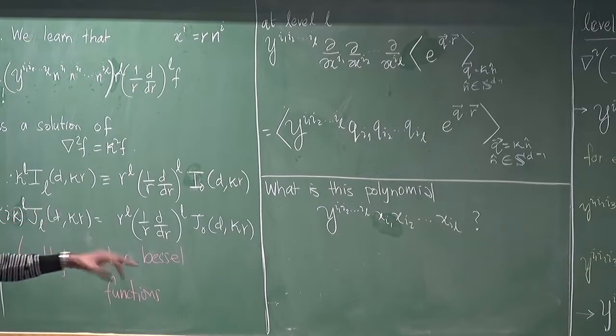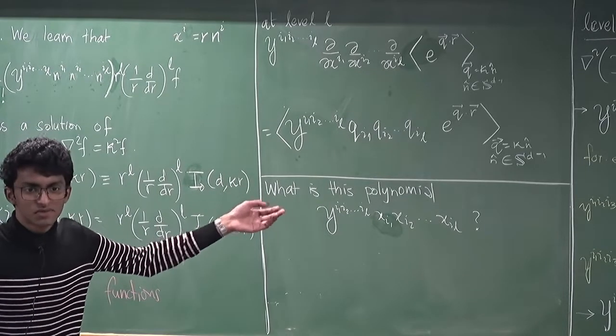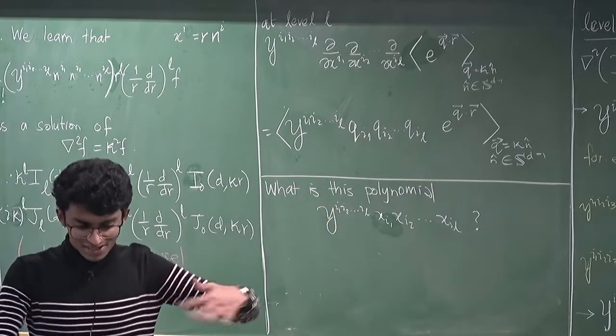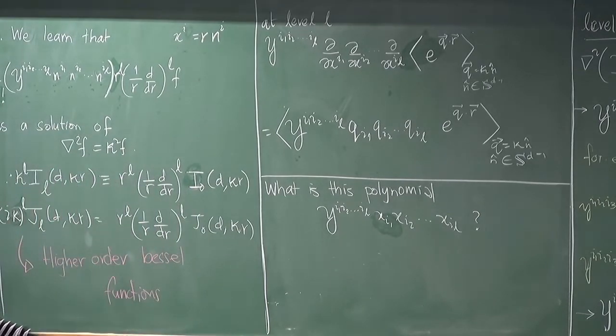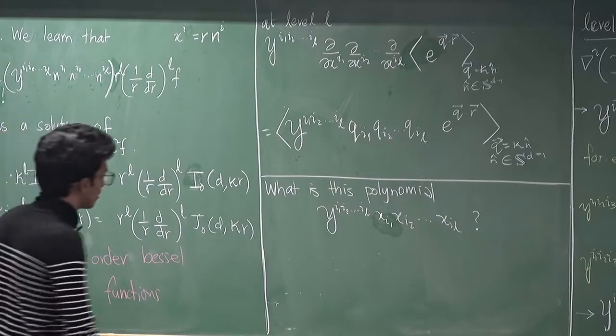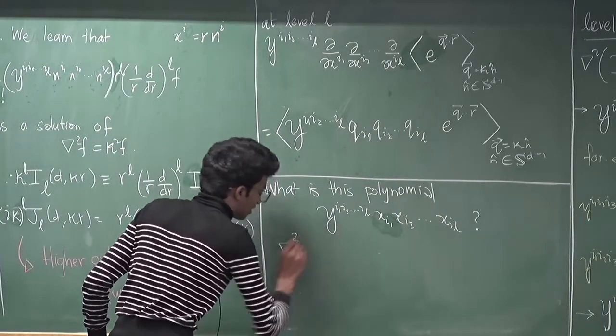Remember where these y's came from. The y's came from solving some Laplace equation, and then we restricted it such that you get independent solutions. So you get some symmetric trace-free thing, and that is why. But now, if you act the Laplacian on this,